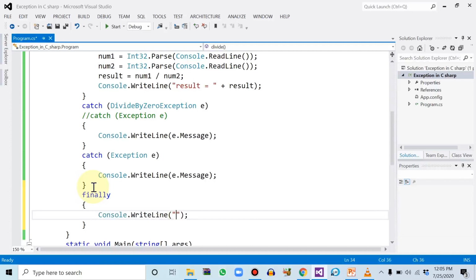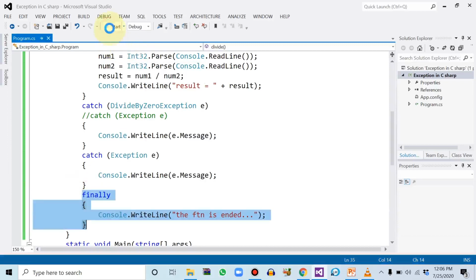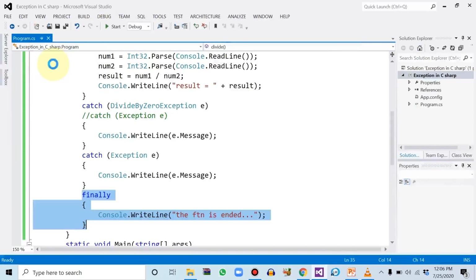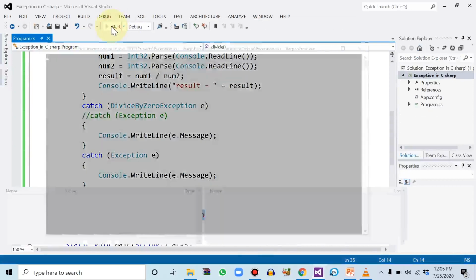Let's say the function is ended whether the exception occurred or not, this block will always be in execution. Let's see, 4 divided by 0, attempted divide by 0, the function is ended. You can see.